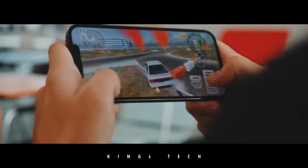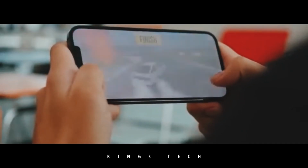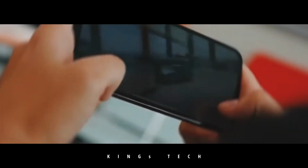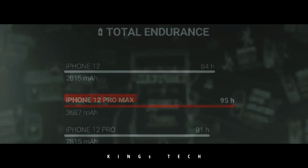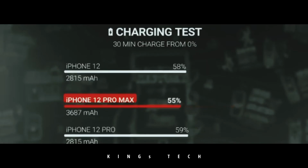Though it does get warm, we didn't notice any thermal throttling with prolonged sessions of benchmarking or gaming. It did a great job in our proprietary battery tests, scoring an endurance rating of 95 hours. The Pro Max supports fast USB power delivery charging, but there's no charger included in the box this year. With an Apple 20-watt charger, we were able to take the battery from 0 to 55% charge in half an